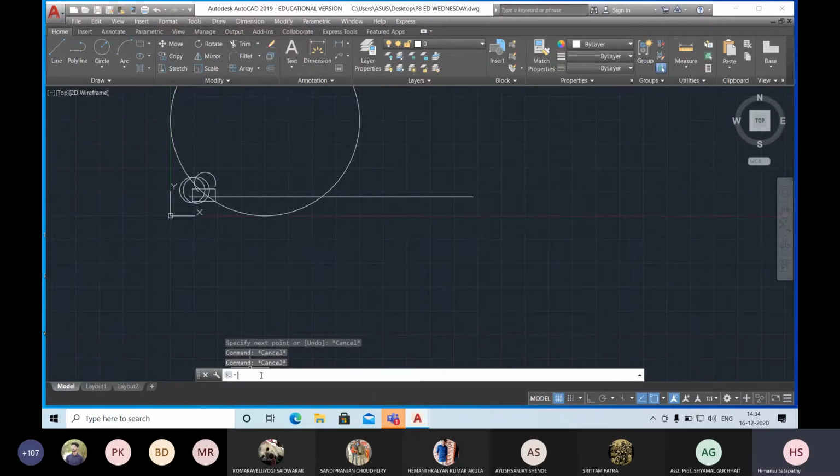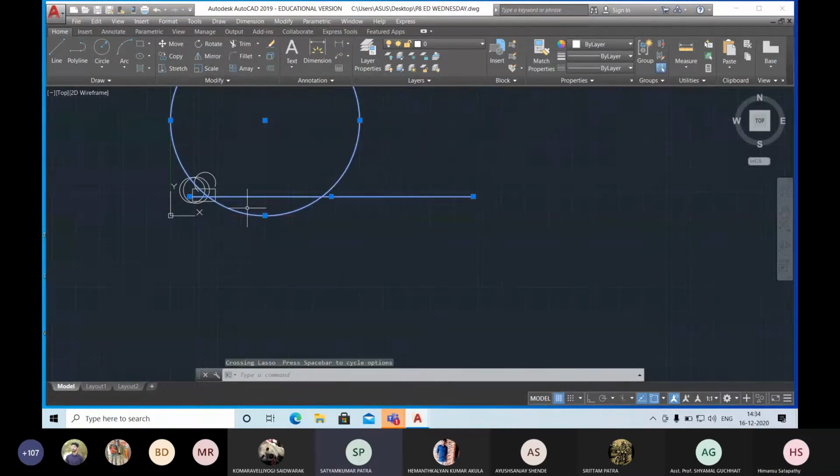So have you any doubt regarding this DIN mode command? Please ask so that I will clarify and I can move further. Sir, there are only 3 commands for DIN mode? There 1, 2, and 3. 1, 2, and 3. 0 for without command. If you don't need the coordinate, then you have to mention 0.